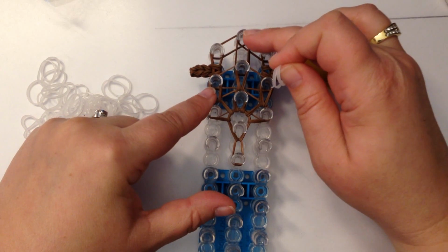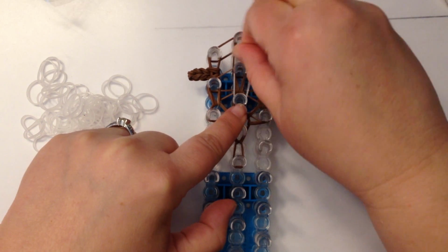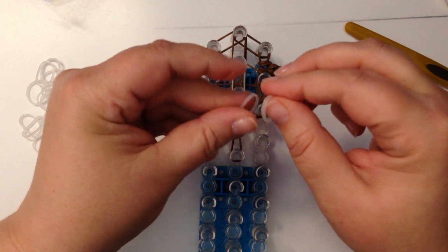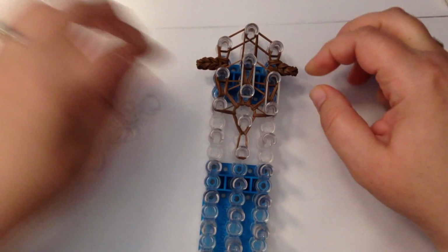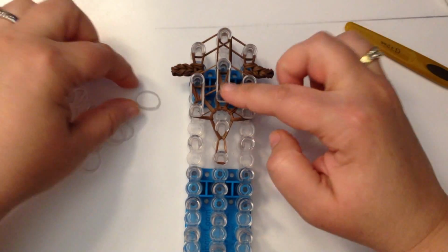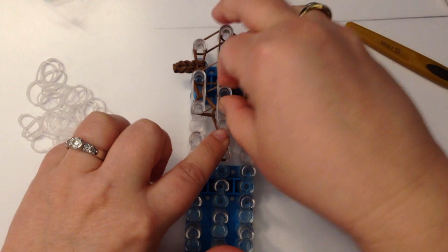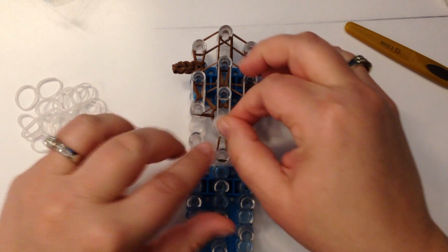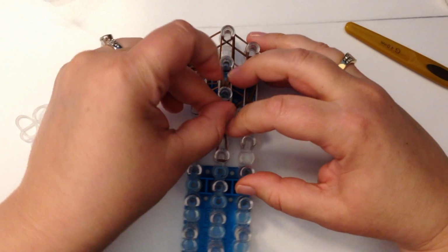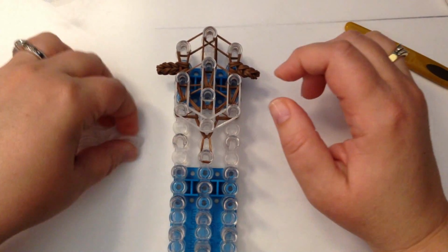You're skipping from peg 1 to 2 on each of them. So I like to start in the middle. Then either side. There's my first pair, and there's the next pair. Then we go down. I'm going to do from here to here. Now I like to do my chin bit next, my jaw. So from the centre to the right, from the centre to the left, and then the neck,